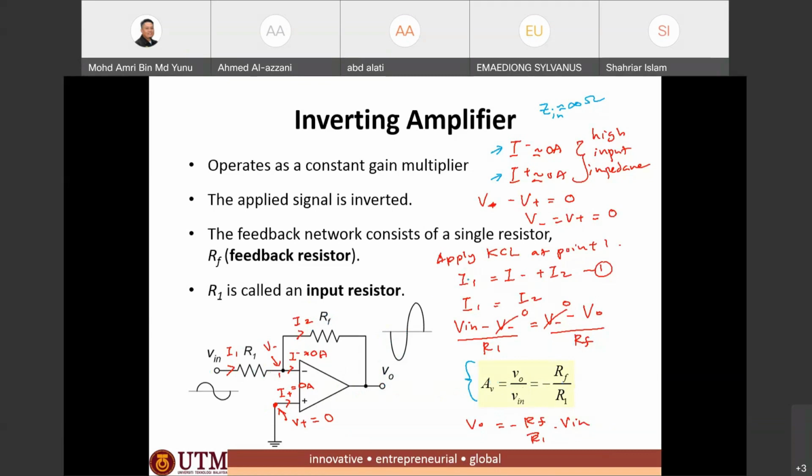So we'll show the derivation for the inverting amplifier, and then the rest